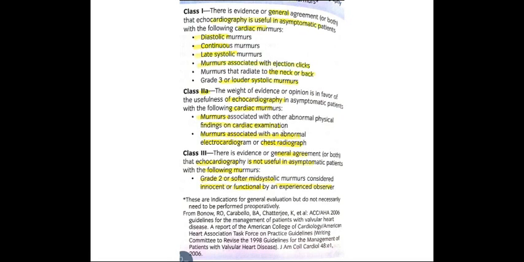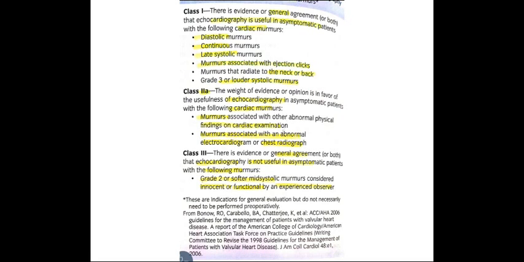In class 2A, echocardiography is useful when murmurs are associated with abnormal physical findings on cardiac examination, or with an abnormal electrocardiogram or chest radiograph.